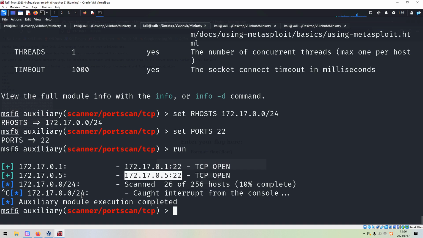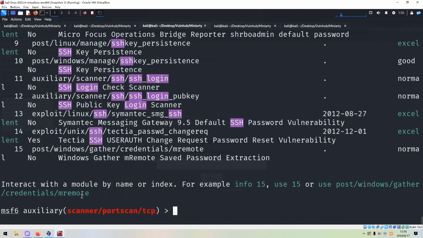So we can use another module. This time I will not use the Hydra. We can use a built-in module to do brute forcing. Okay, let me show you in action. We can search SSH login, and we can copy this one. This is the auxiliary module we can use,